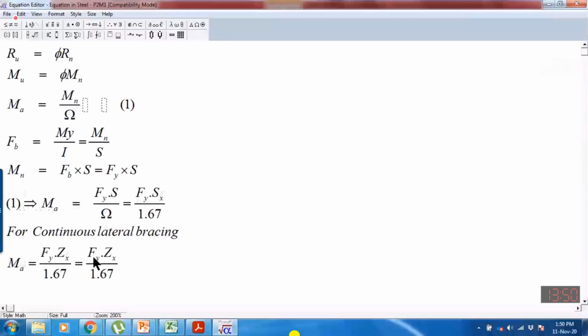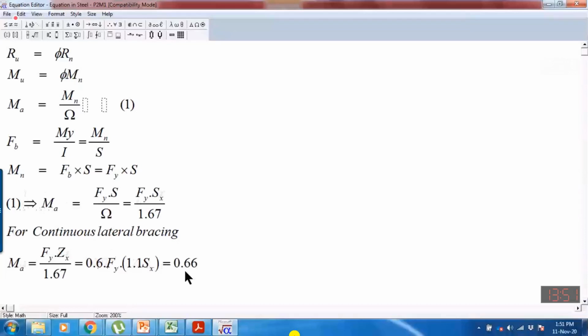So 1 over 1.67 is equal to 0.6. And we are assuming that the Zx value is equal to 1.1 times the elastic section modulus. So the Zx value is 10% more than the Sx value. In this case, if I modify the formula, Mn will be equal to 0.66, because if you multiply 0.6 with 1.1, the answer will be 0.66, and